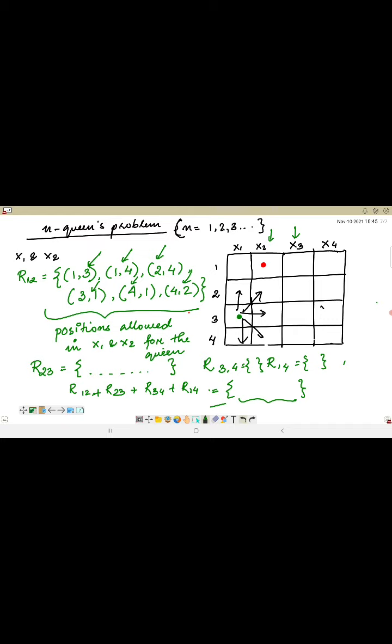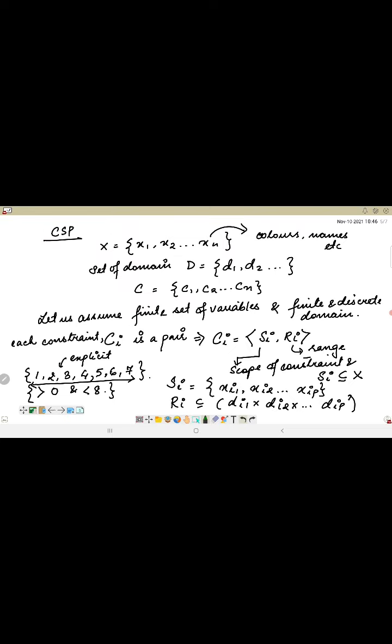So in this way, whenever I'm given a problem, I'm converting it into a CSP representation, and finally I apply a solver to it so that I can solve that particular problem, right? So this is all about your constraint satisfaction problem. We will see a sample of it in the form of a crypt arithmetic problem in my next session. So this is the theoretical aspect of the constraint satisfaction problem, where we have discussed a lot of things.